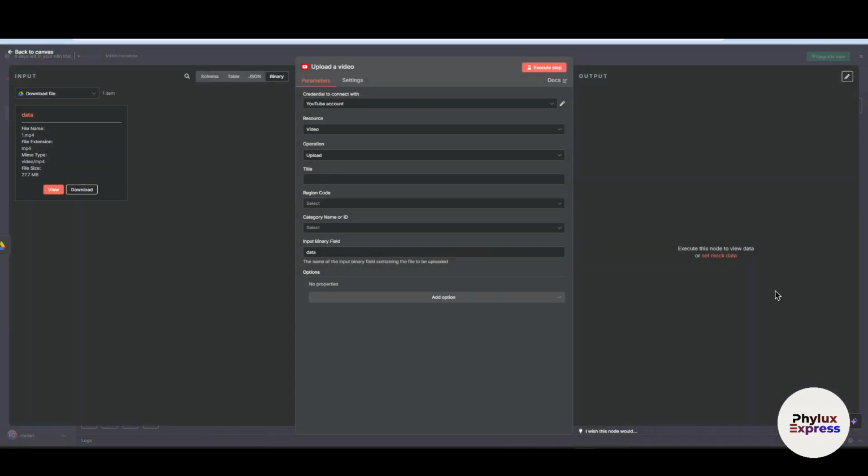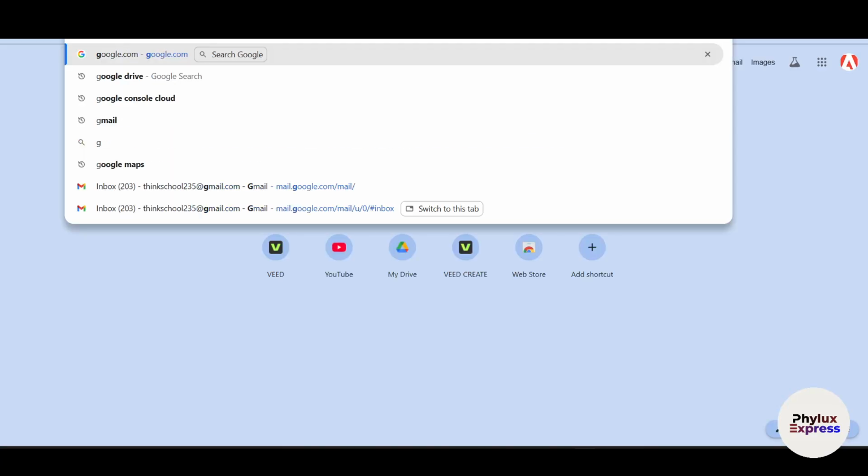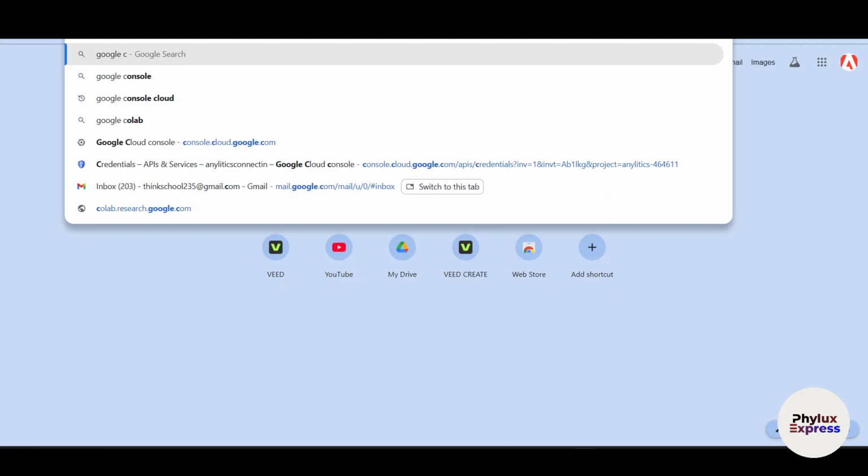video. Just select that. Now over here, you have to set up a credential for that. So click on this create new credential. You will find your auth redirect URL. You will need client ID and client secret. So how are you going to find that? Just copy this auth redirect URL and search for Google console